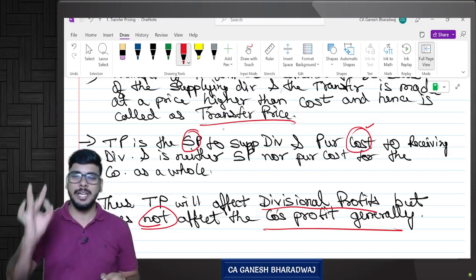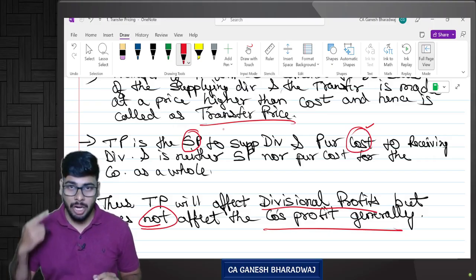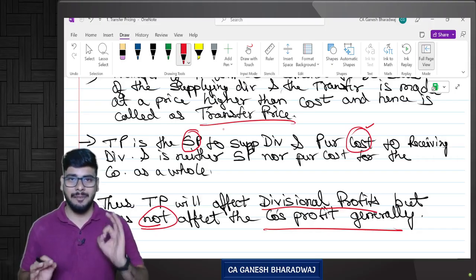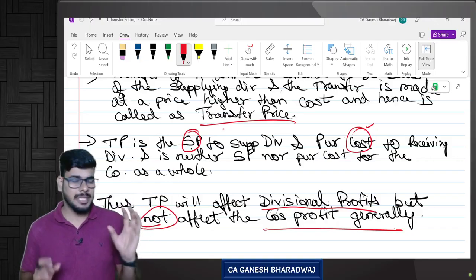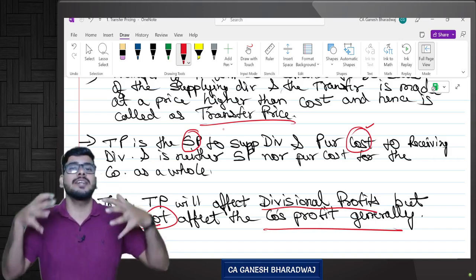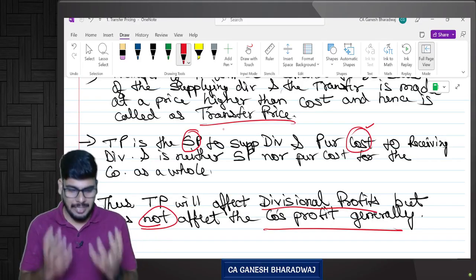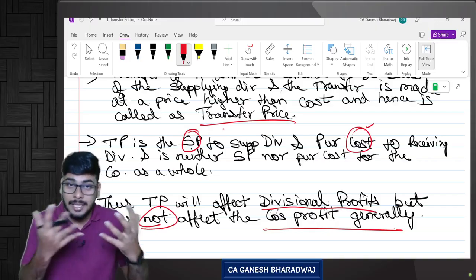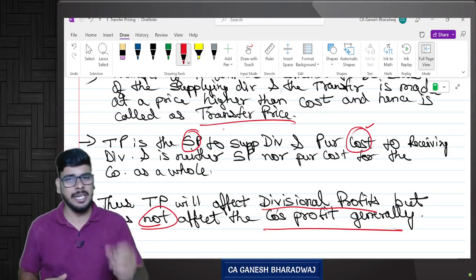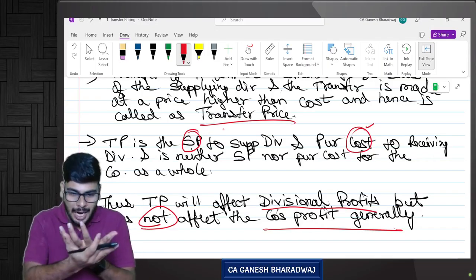This is about the introduction to this chapter called transfer pricing, a very important chapter. It requires a lot of logical reasoning, and in this session what I have done is I have just introduced you to the concept of transfer pricing, because this is not like the other chapters. This is not like what you've seen before. This is something to do with the inside of a company. Inside the company, there are some decision making involved. So this can be slightly tricky. And the problem that I've seen with many students is they don't understand why we have this chapter, what this chapter says. Without that understanding, if you enter into the subject, definitely you will not understand anything. So that is the reason why we are spending this much time in understanding the basics.